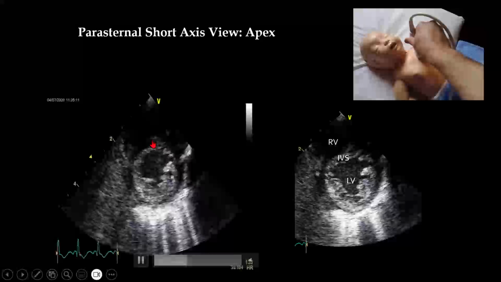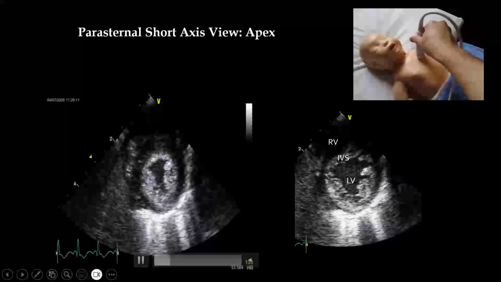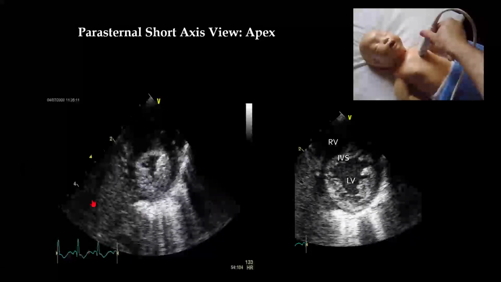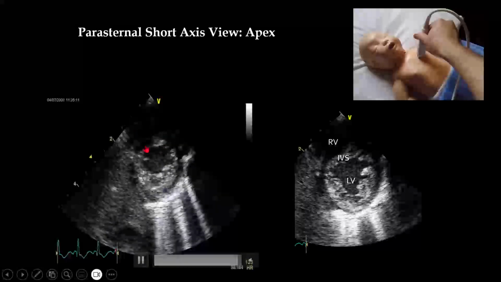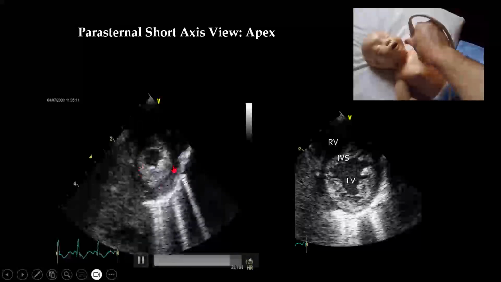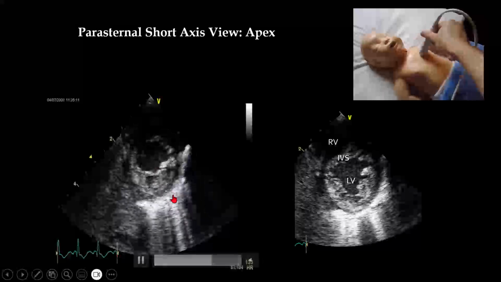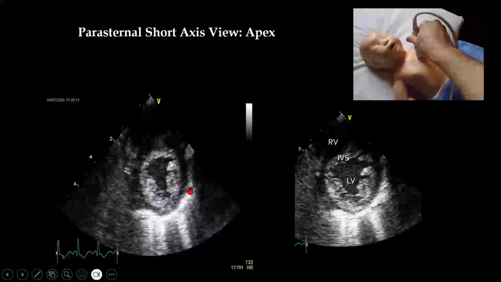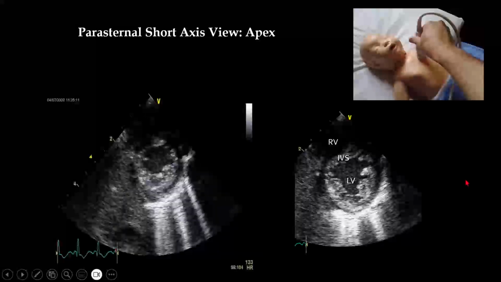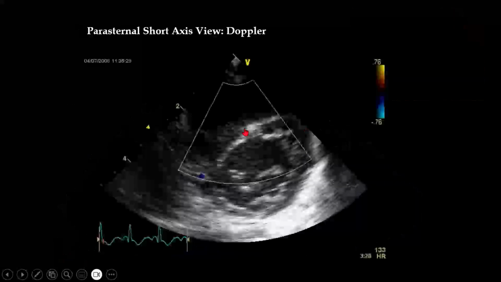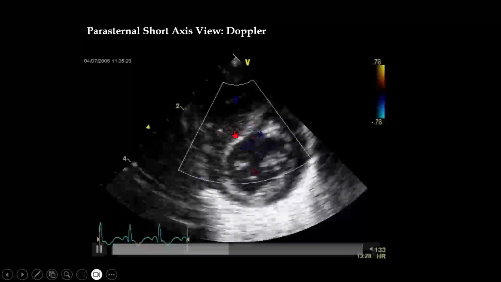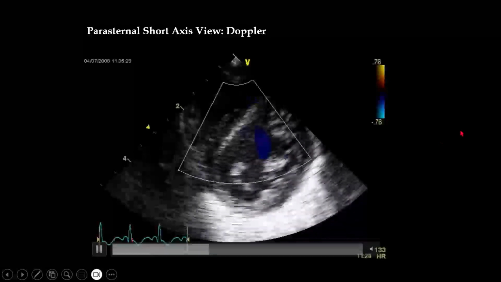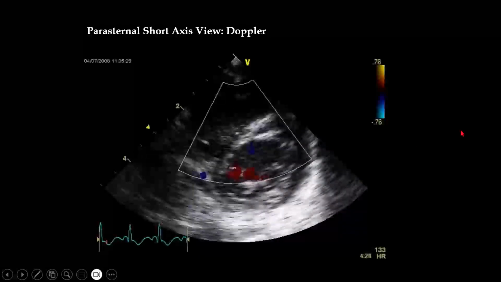And when we show you in the hands-on workstations, when we sweep the probe towards the apex, your RV will be gone, and you will see the apex will be formed by this LV. And this is the LV cavity. So this is your apex forming chamber, the left ventricle. We have to determine this. Here I am doing the Dopplers of the interventricular septum in parasternal short axis view. So that completes your